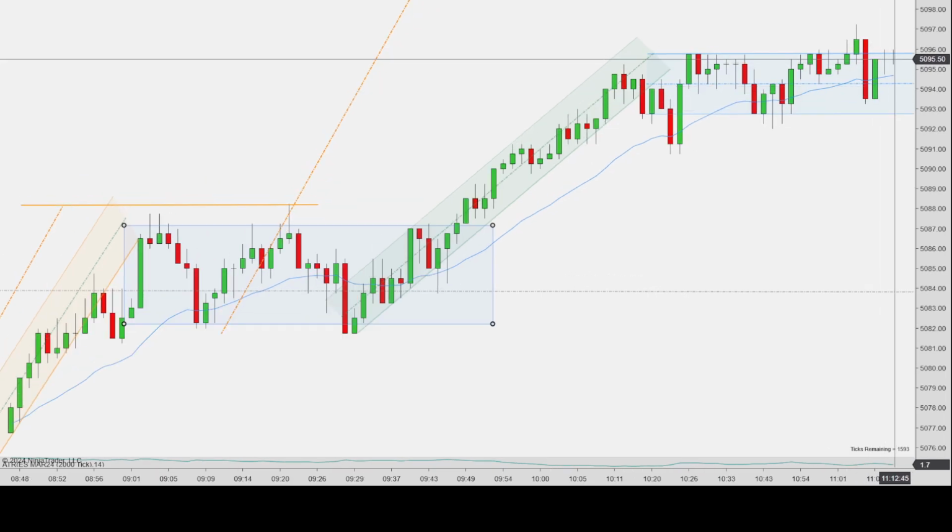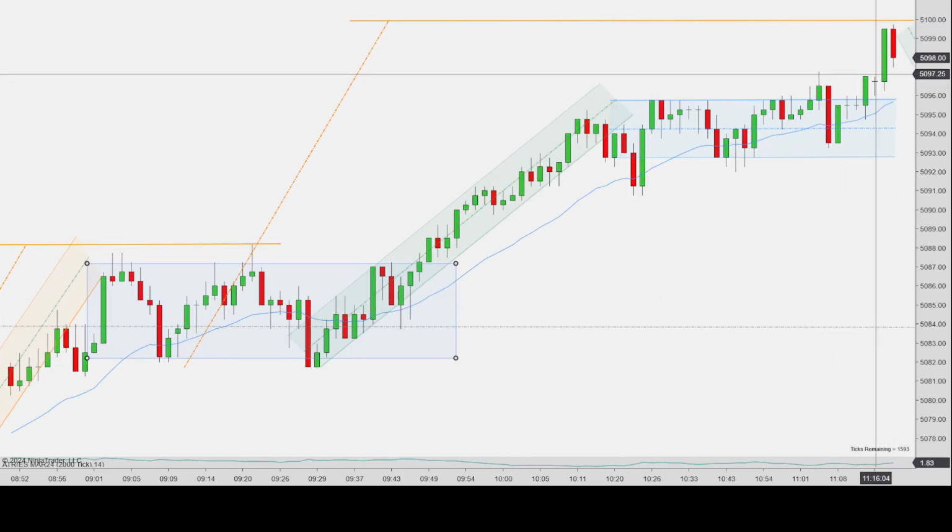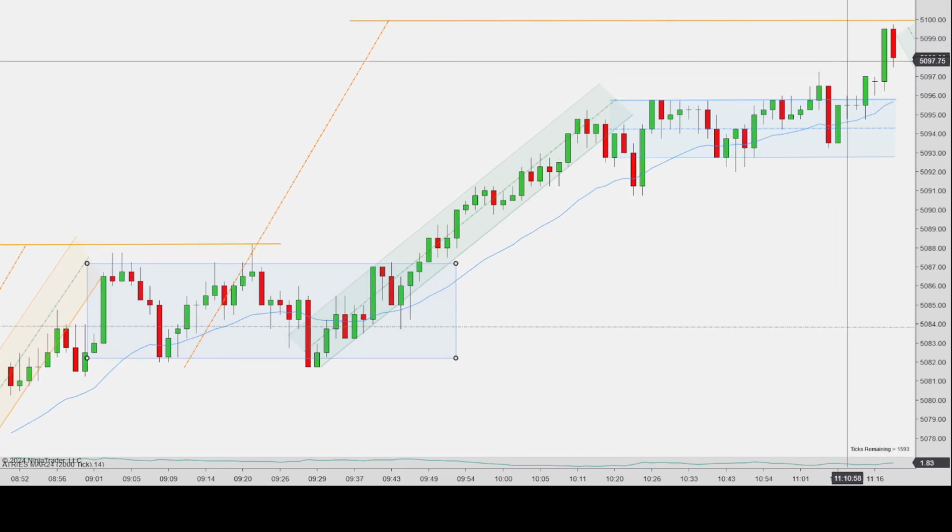Then there's an inside bar. Then you have two doji bars. Definitely it's just congestion now. Breaks out and it flashes up. So nothing here would have indicated to me to take a trade.